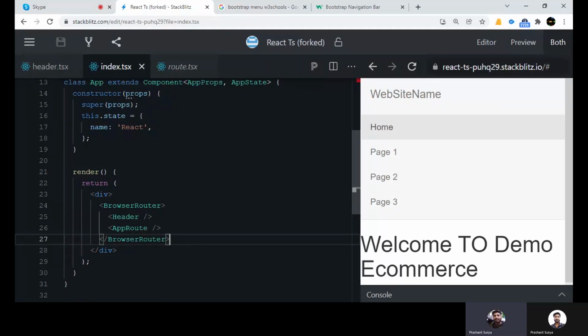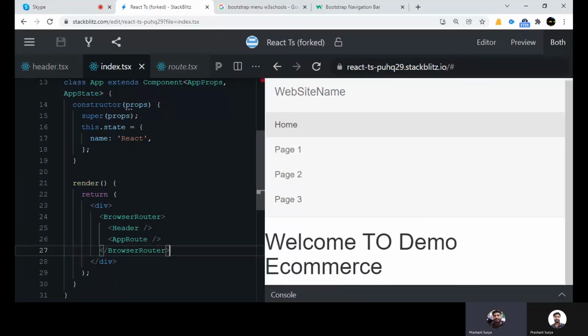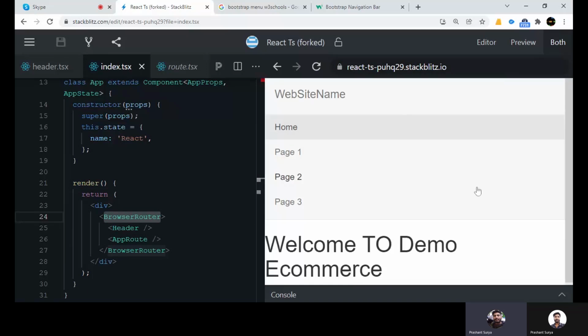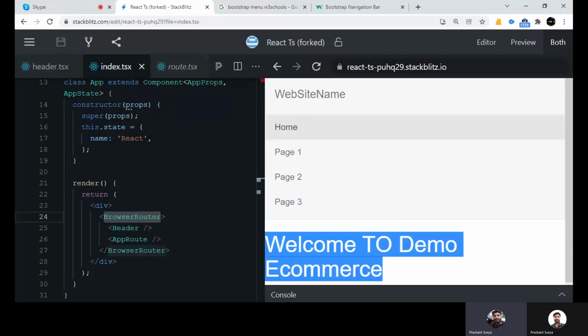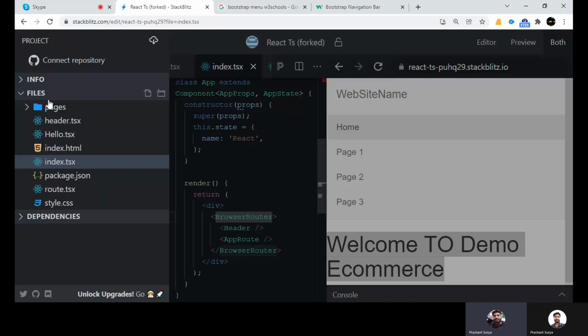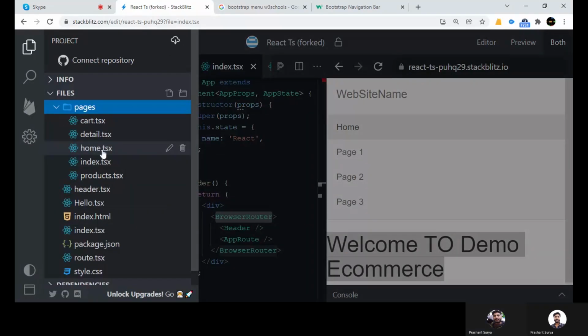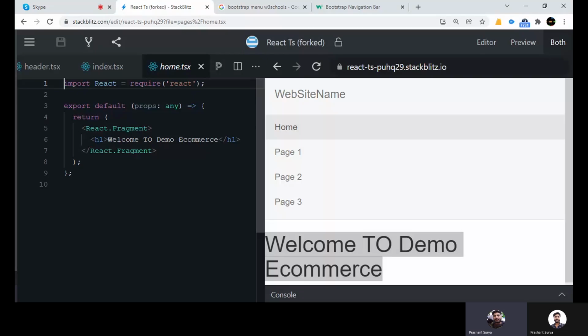Okay, so what we have done, so basically we have wrapped all the application inside this browser router so that you will get the components loaded on the routing. So we have the default route here like this and it is loading the home component. Welcome to demo e-commerce, which we have written in our home component. Okay, now what we will do,